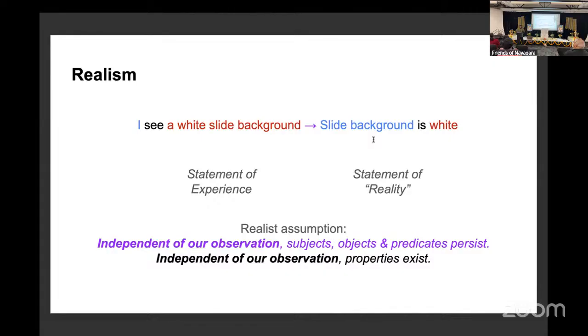So this is the assumption of reality. That means independent of whether I look or not, things are there. And they have properties. Yes, but I have to probe them. I look at them. I hear them. I touch them. I taste them. But properties are there, whether I interact with them or not. So subjects persist, objects persist, predicates persist, whether you engage with them or not. So that's the realist assumption. Again, subjects, objects, predicates, they just seem to persist independent of anything else.